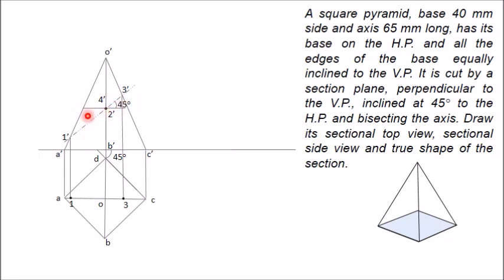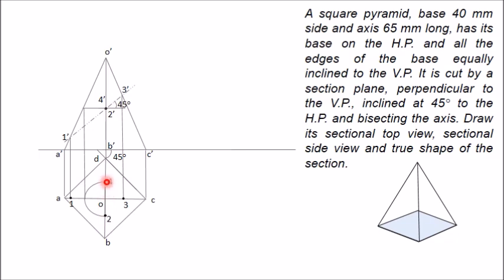Now project this point on OA. So I just mark that point here. I have projected this point here. Now I know that these 2 points, 2 dash and 4 dash, are on these lines OD and OB at a distance equal to this distance. So this same distance you will get for these 2 points. Now shift these 2 points onto OD and OB. Take this as center, this as radius, and draw an arc here and an arc here. So you will get these two intersection points. This point will be 2 and this point will be 4.